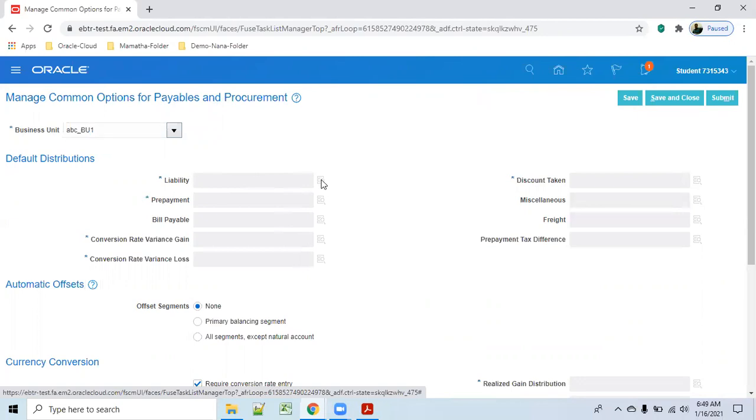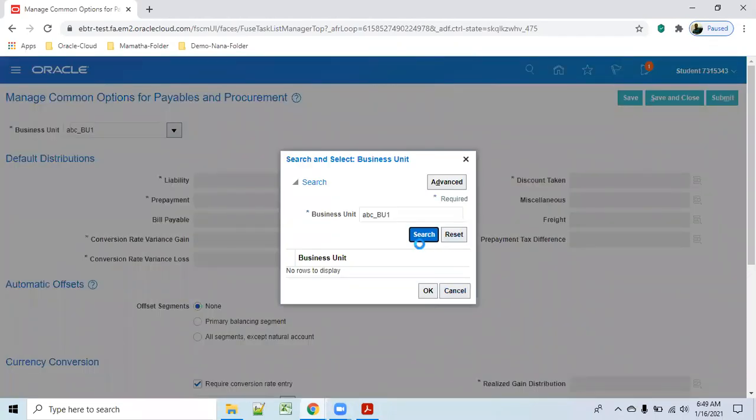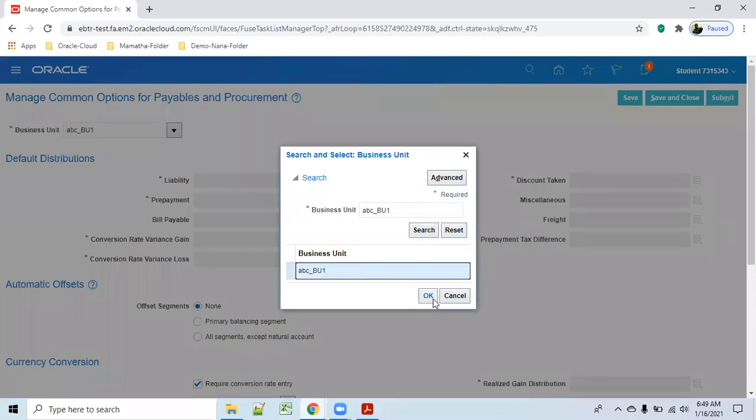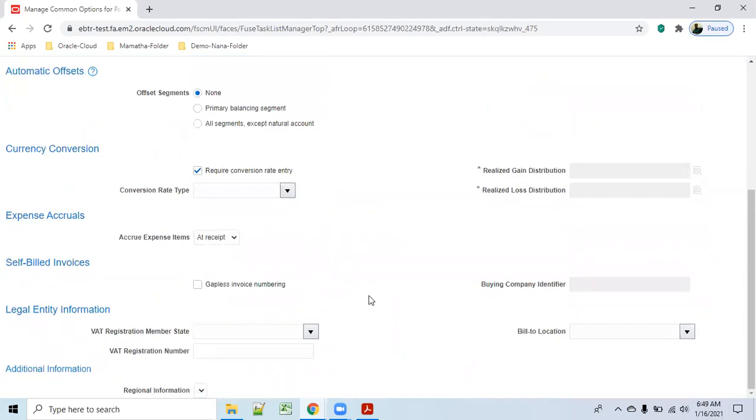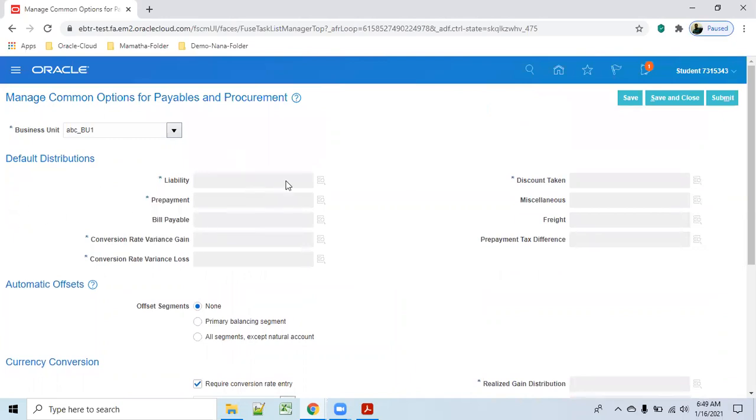These are all not coming. This has to be enabled. We selected the same thing, right? BU1 only. What happened? Select something else, ABC.